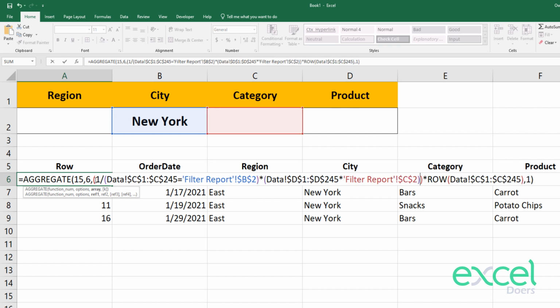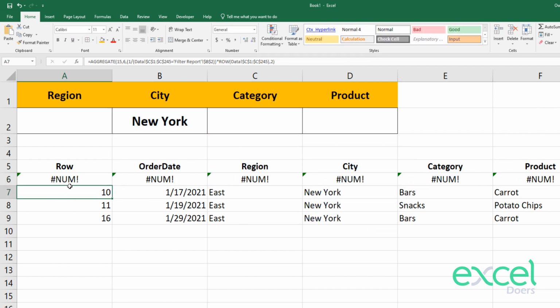And this one should be divided with all of this part. If you understand the math, BODMAS will always do the division first, then the multiplication, then addition, then subtraction. So you have to bring it into the bracket, the complete syntax. Then the system will calculate this part and then multiply divided by the 1. So if you enter it,